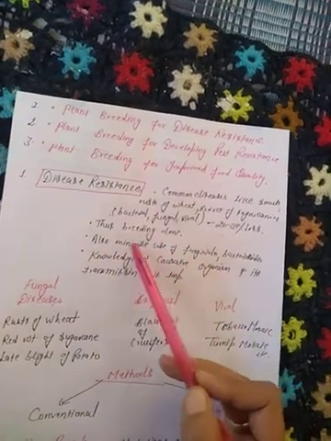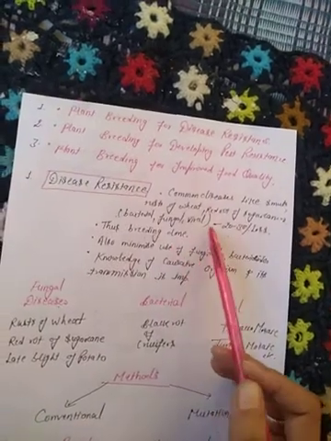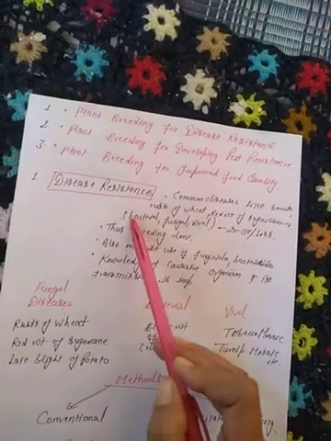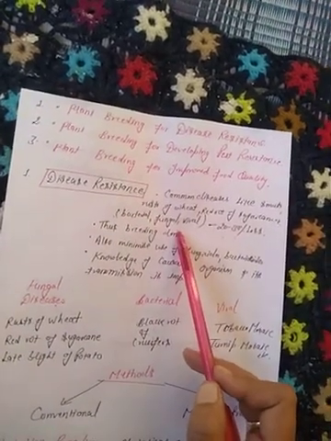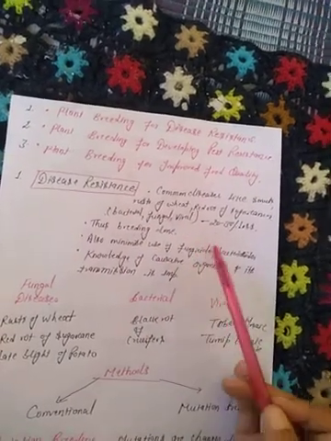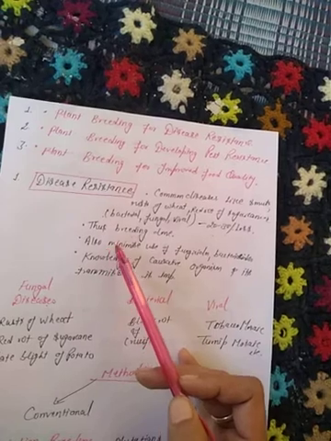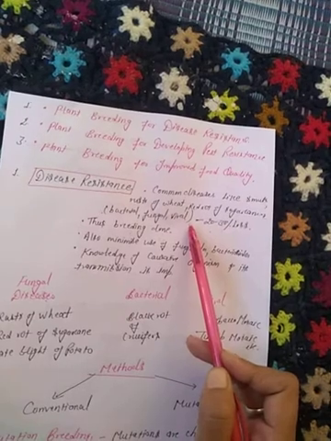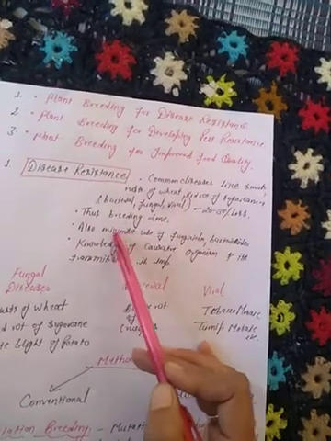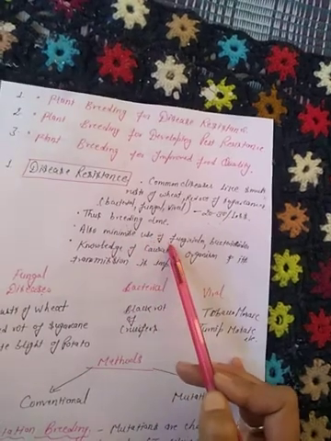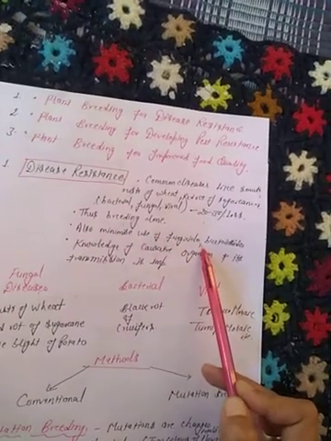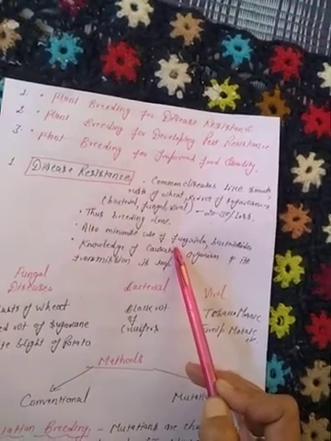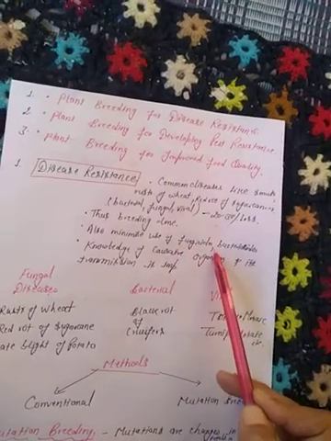Second one is the mutational breeding, which we'll discuss later. So in this way, this breeding program is done to produce disease resistant varieties. So what is the benefit of this? First of all, this loss will be minimized, most important. Then it will minimize the use of fungicides, bactericides, all these, right? If the plant itself is disease resistant, then no need to use the fungicide, bactericide, etc.